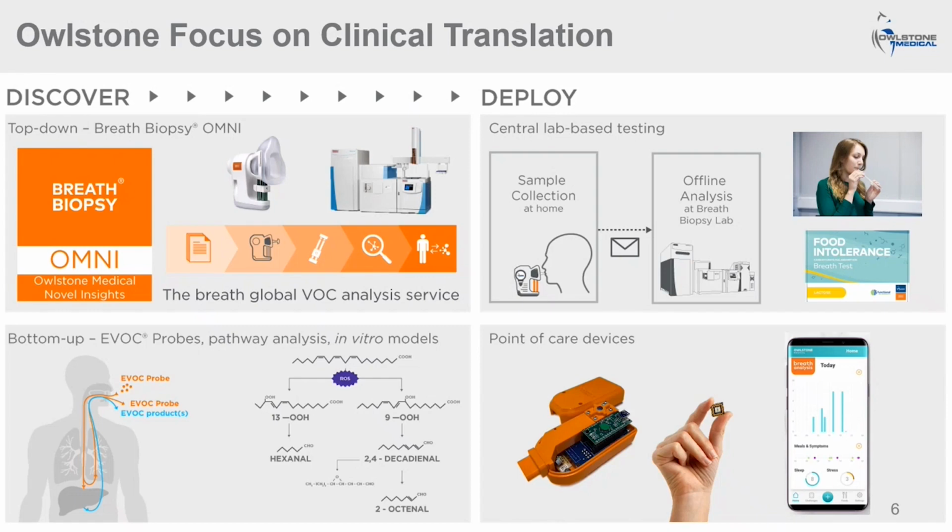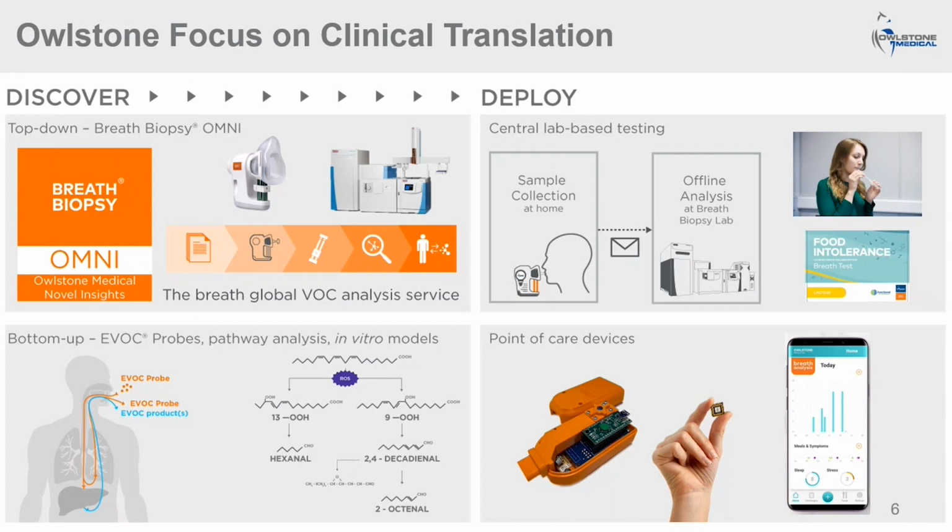So the key thing to our discovery approaches that makes them a bit different is they focus specifically on identifying VOCs that can be more easily clinically translated and studied to really understand the biology of those molecules. And that's quite different than a lot of other approaches that have been used previously. Once you've identified the molecules, there are then actually multiple options to translate and deploy these technologies. And Alstone as a company is already developing and deploying these kind of approaches.